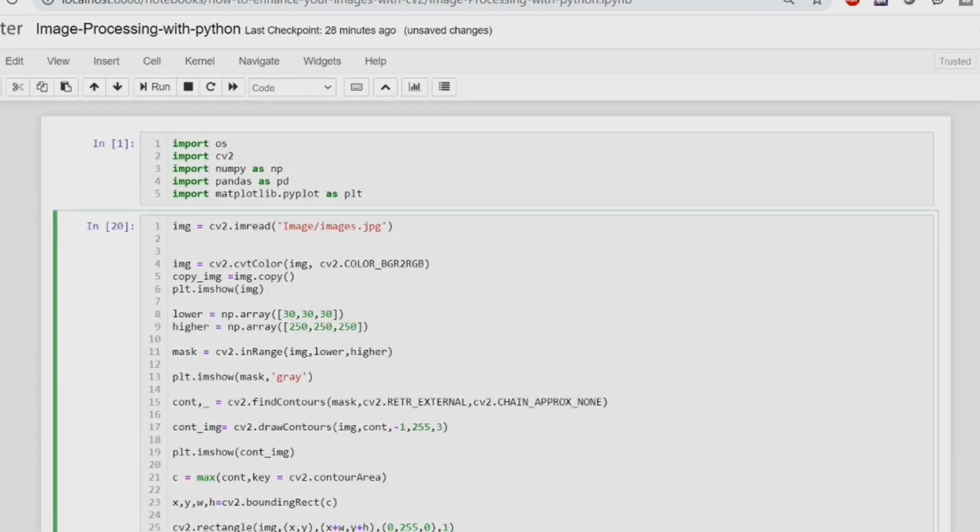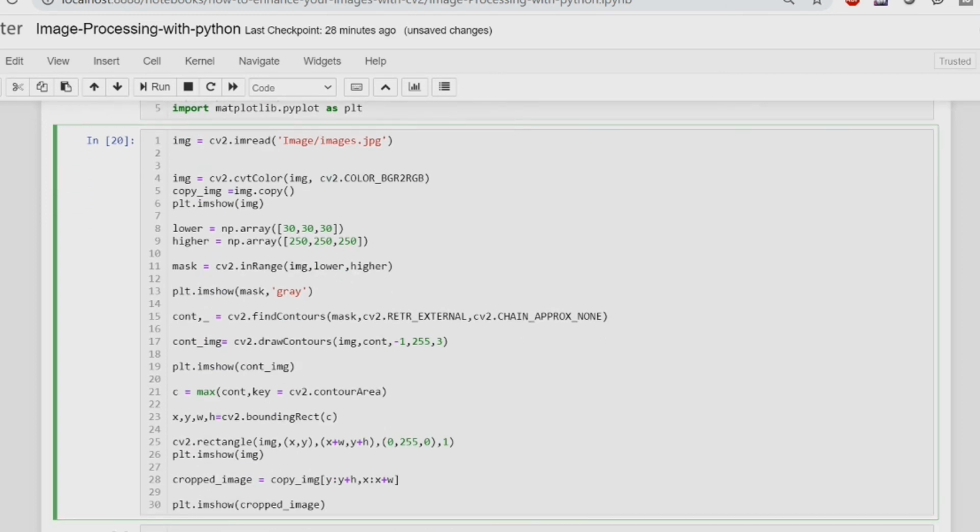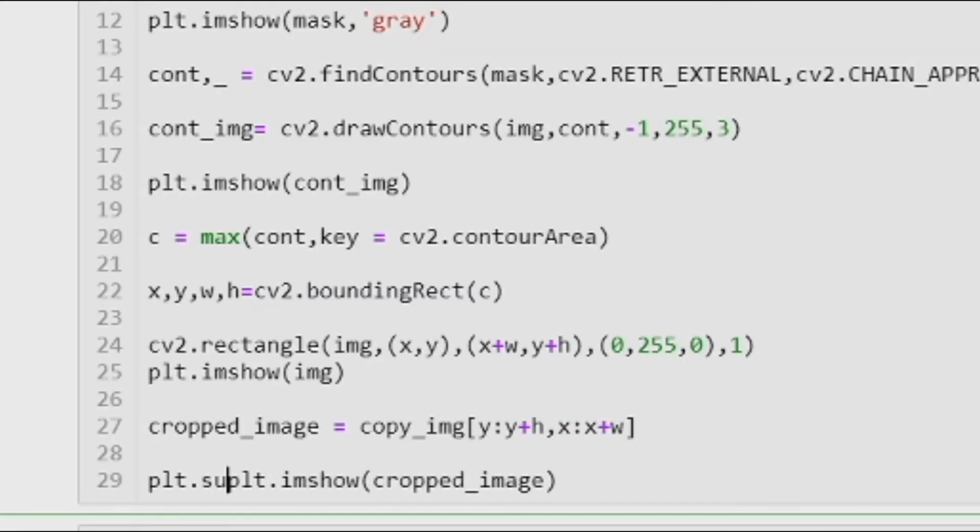So we will utilize the subplot method of matplotlib to show all three versions of the image in one figure. So we'll write plt.subplot. If you are already familiar with how the subplot works, we give the grid size over here. So I'm going to give 1, 3 and the index of the image, or where you want to keep the image. So I want to keep it in the first rectangle.